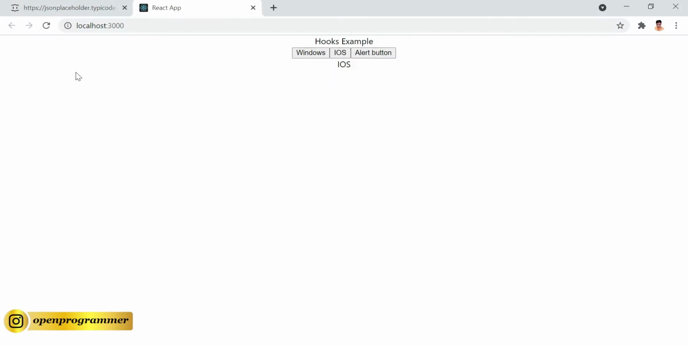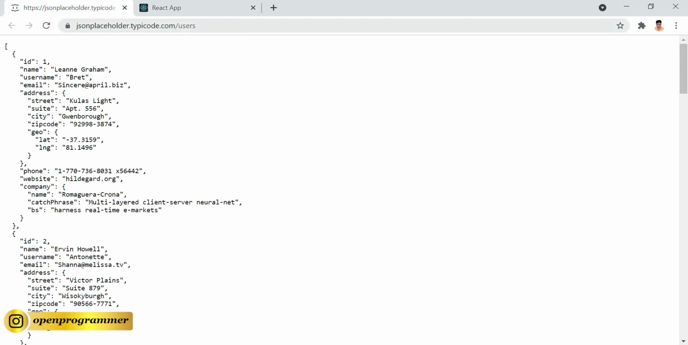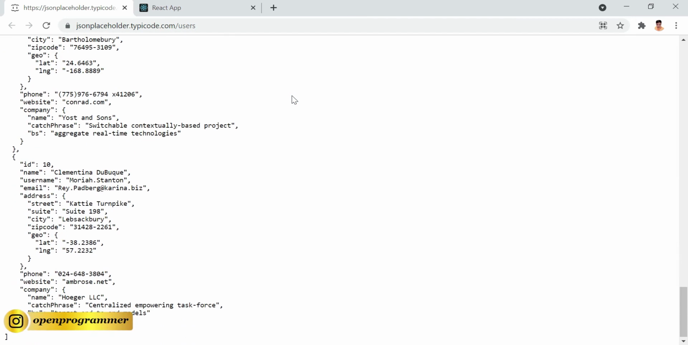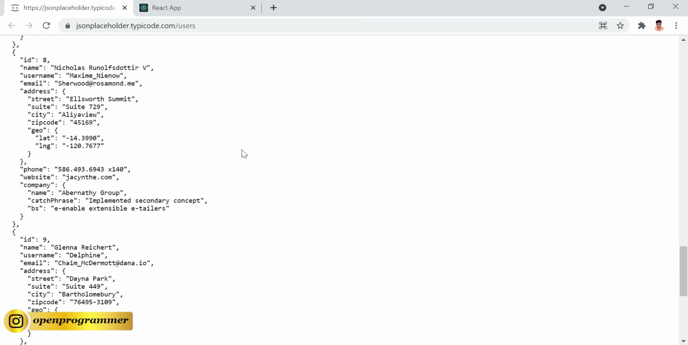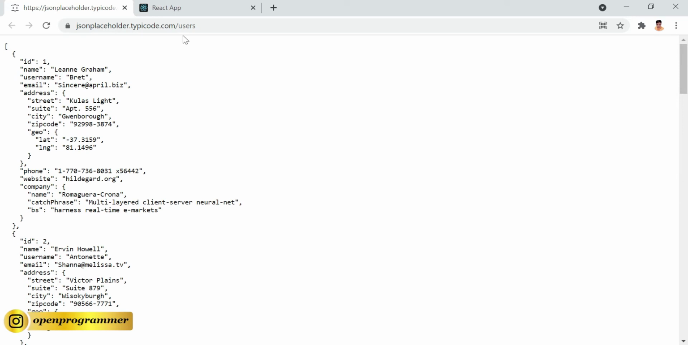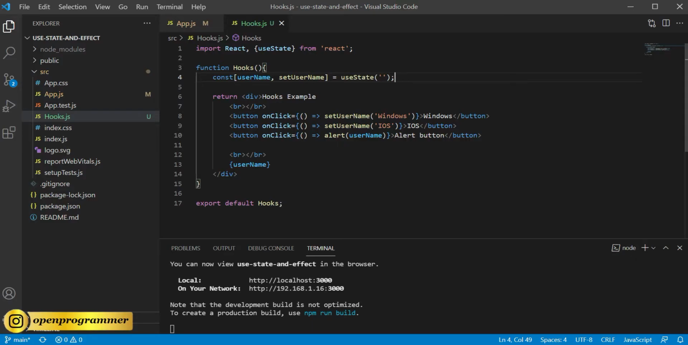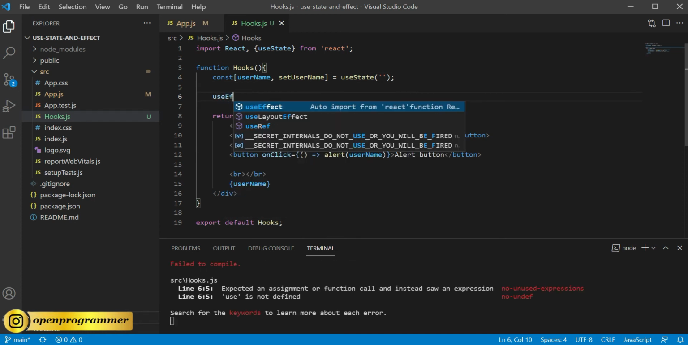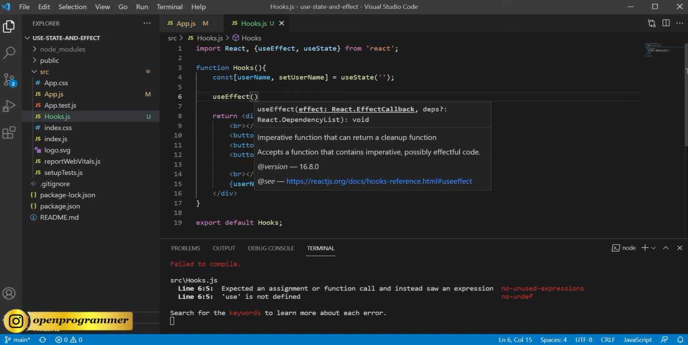For that, we will use this particular API, JSONPlaceholder. This is the users API, and it returns some data about users, I think 10 users' data. So we will use this particular API so that we can see exactly how we can use useEffect in our real projects or real applications. So for that, let's create useEffect,